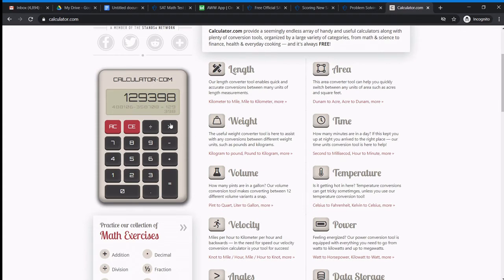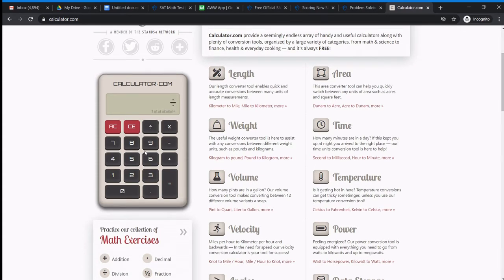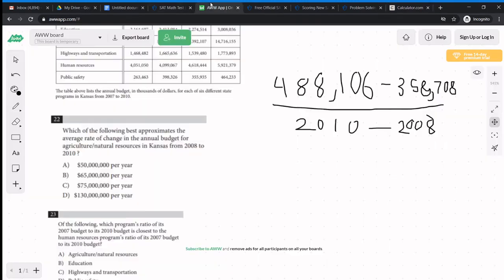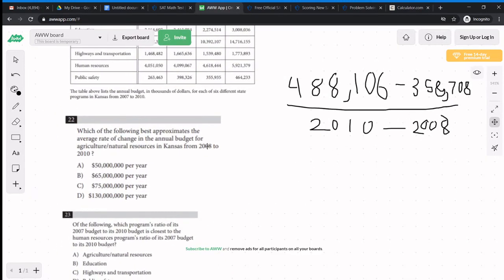And it's going to be divided by 2010 minus 2008, which is just 2. 64,699. And when we're looking back up here, you can see that it says in thousands of